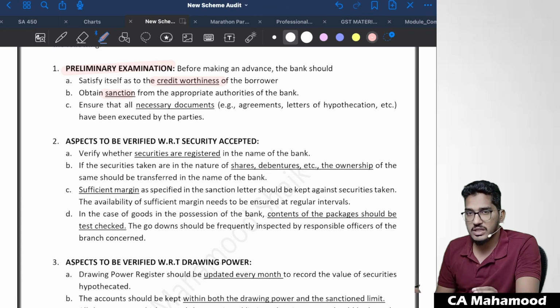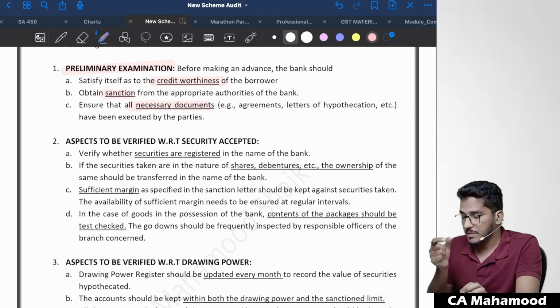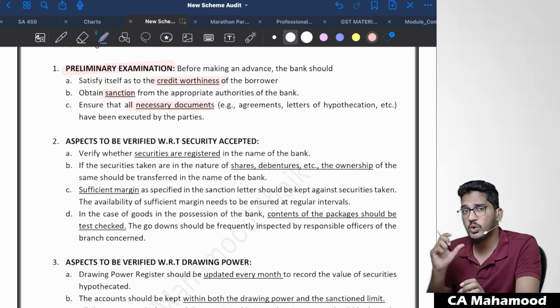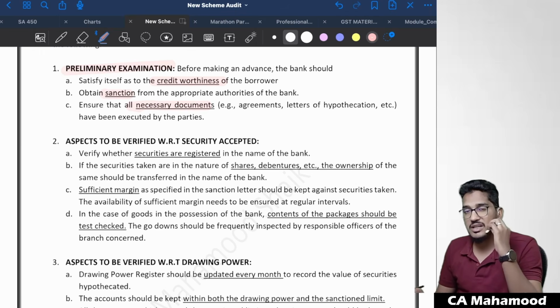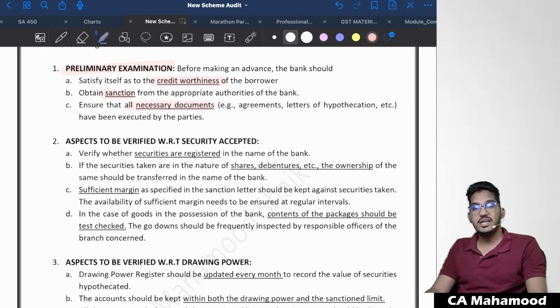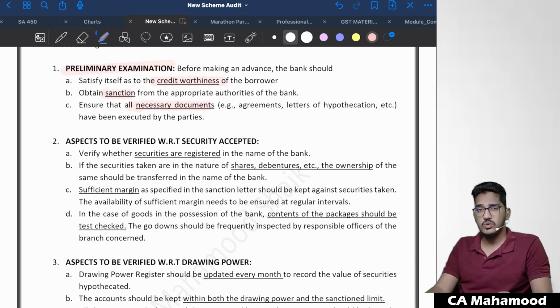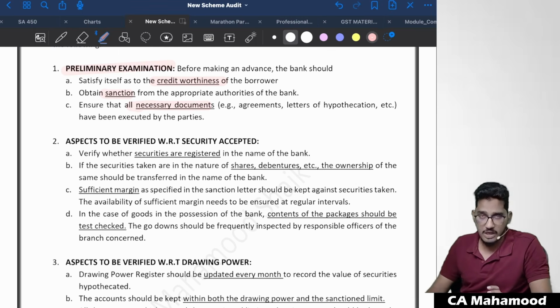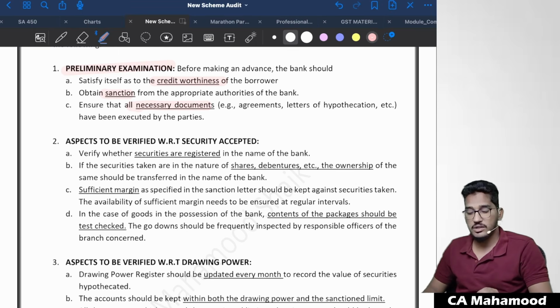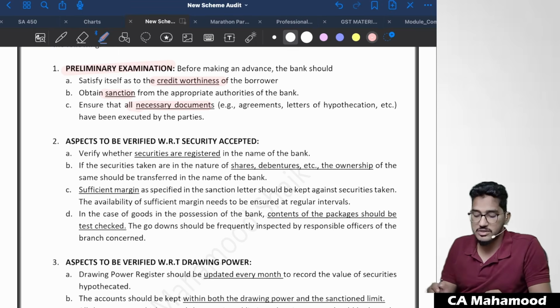So check that whether loans and advances have been given only after getting approval from concerned authority and all necessary documents have been executed. So whenever you go to the bank and take a loan, they will make you sign a bulky documentation. They will make you sign 30-40 pages. So that is nothing but loan agreement. So that is very important. Why? Because in that agreement, clear terms and conditions will be there. What rights banker will have in case if the borrower repays the loan, all the terms and conditions will be there in the agreements. So we need to check as an auditor whether all that documents are properly executed or not.